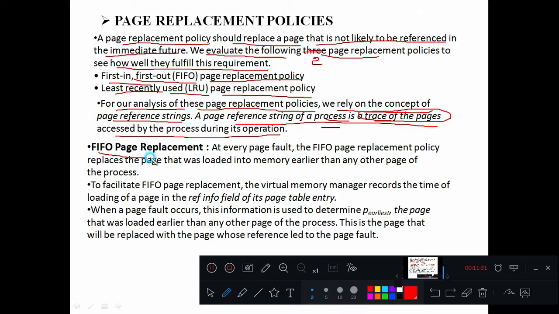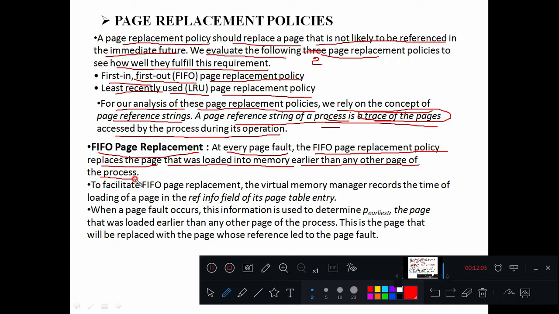Next one, FIFO page replacement, first in first out page replacement. At every page fault, whenever the central processing unit does not find a page in the main memory, we call that a page fault, right? Whenever a page fault occurs, the first in first out policy replaces the page that was loaded into memory earlier than any other page of the process, right?